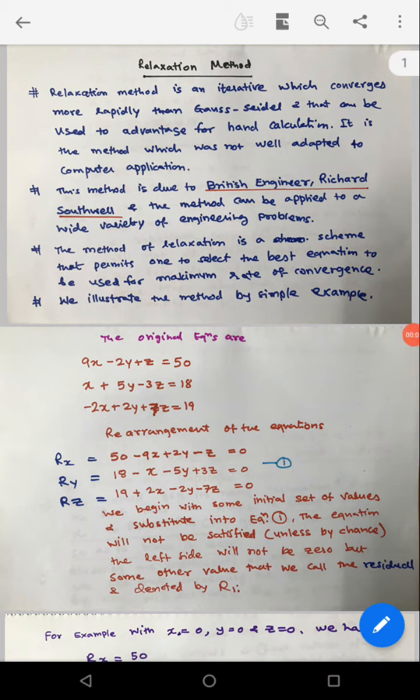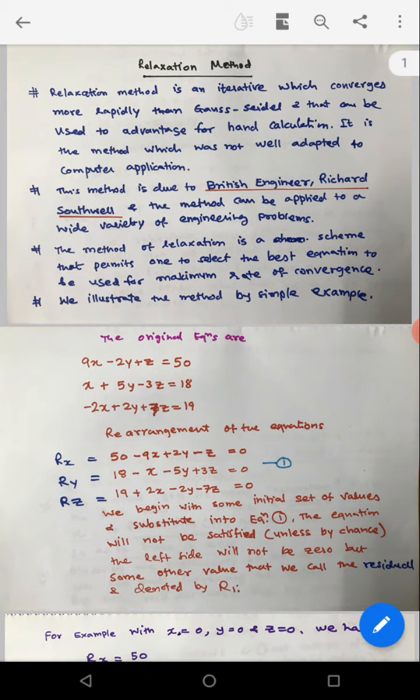Hello friends, in our previous lecture we have learned the iterative methods for solving simultaneous algebraic equations. Now today we are going to learn another iterative method which is called the relaxation method, which will give more rapid convergence of the results than the Gauss-Seidel method, and that can be used to advantage for hand calculation. It is a method which was not very well adapted for computer application, but because it